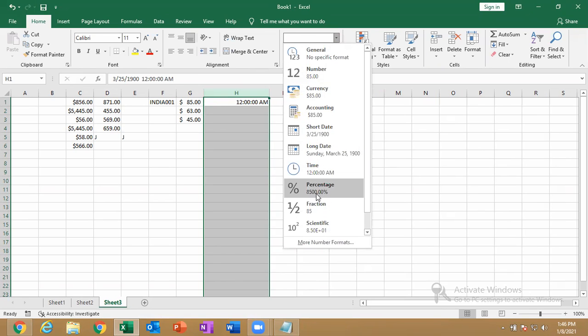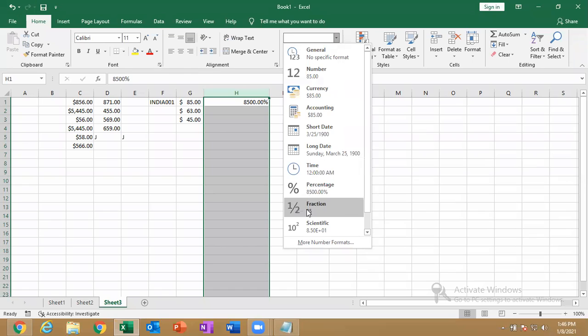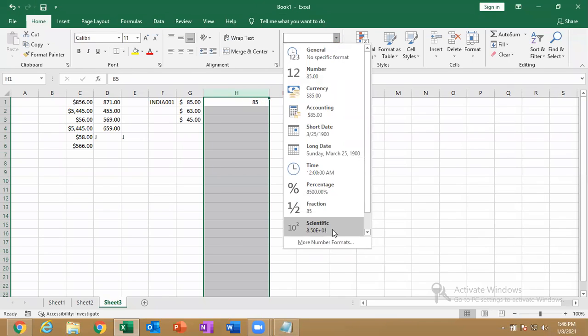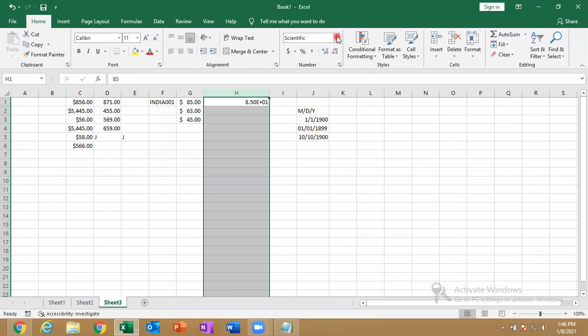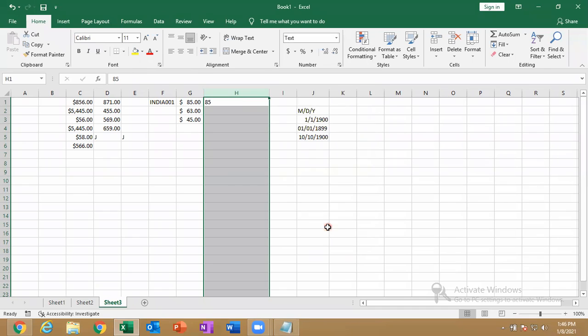Let me convert that as a percentage, and let me convert that as a fraction, and let me convert that as a scientific value, and finally I'm converting that as a text. Even the number has been converted as a text. See, 85.